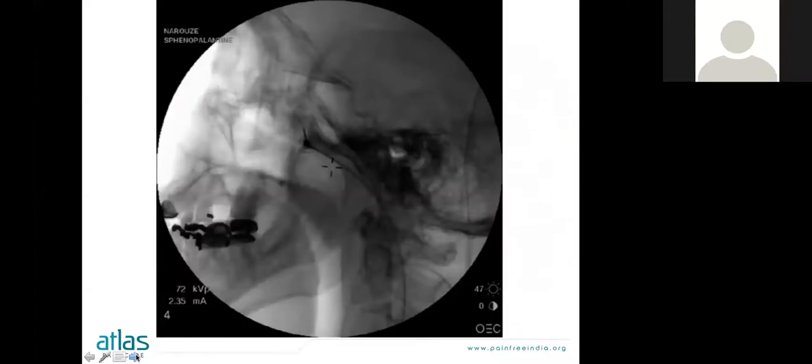You can see this. We do quite a lot of these sphenopalatine ganglion blocks as well as ablations. If you look at the screen, you could see the needle as a target and like a dot point. And around the needle, you could trace it like a flower vase. We call it the inverted flower vase appearance. So you go at the top of the flower vase and